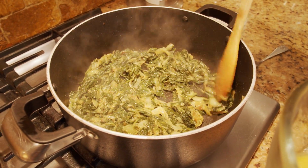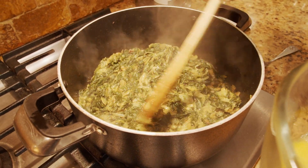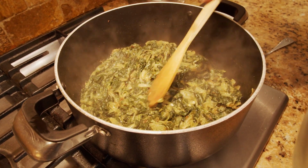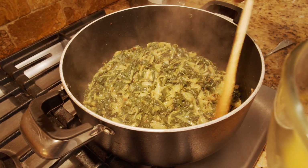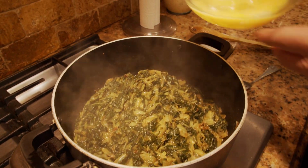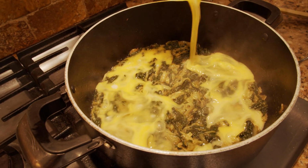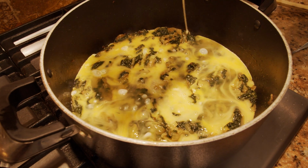Okay, here you might see it's too much onion for you. Again, you can use less onion if you wish to. But I like onion, especially when caramelized. It's gonna taste fantastic. So it's the time to add these eggs to it, and